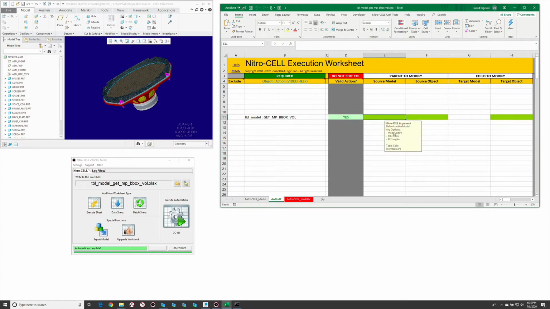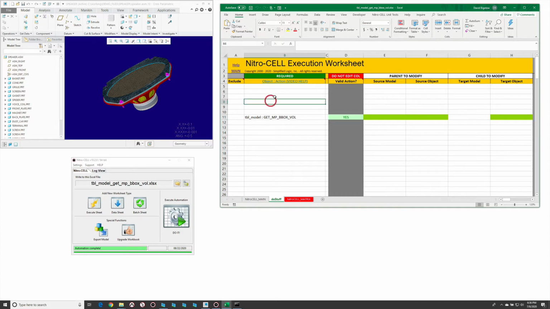And it's got several options. You can just take the active model, or you can specify a wildcard for a model, or actually reference a table. And if you're referencing a table, you can actually have an iterable reference for item name, and it'll even accept wildcards. So the scaling factor is basically, if you're dealing with different units and you want to scale those units to automatically calculate what that should be, for example, from cubic inches to cubic millimeters or vice versa, you can do that. And then it's going to write out a result table, and this is kind of what it's